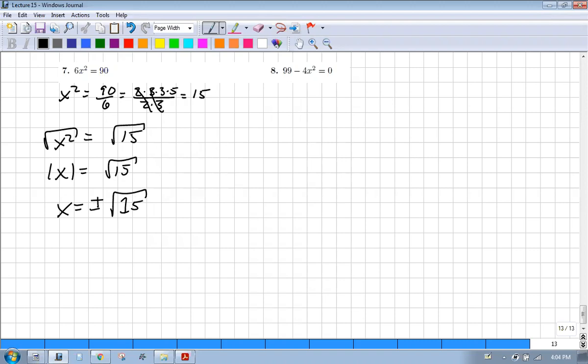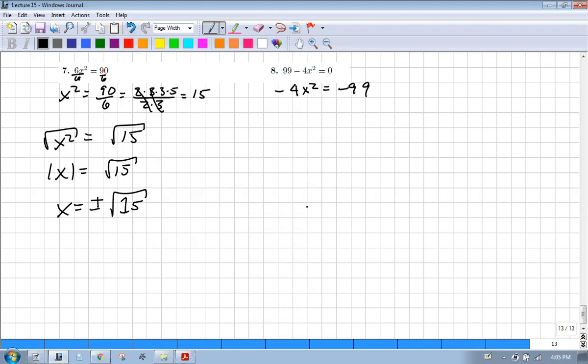What about the 6 in front of the x? Do you not do anything with that? I divided both sides by 6. That's why I got the 90 over 6. Oh, okay. Yeah. All right, this one,